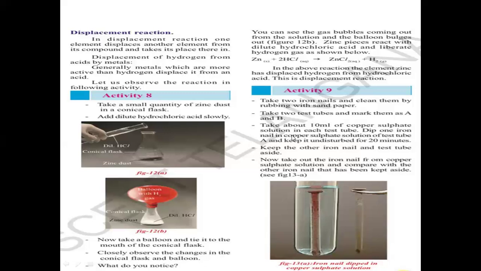కమింగ్ టు ది సెకండ్ ఎగ్జాంపుల్, నౌ టేక్ 2 ఐరన్ నెయిల్స్. 2 ఐరన్ నెయిల్స్ తీసుకొని రబ్ ఇట్ విత్ ది శాండ్ పేపర్. దెన్ నౌ టేక్ 2 టెస్ట్ ట్యూబ్స్. 2 టెస్ట్ ట్యూబ్స్ లో 10 ml ఆఫ్ కాపర్ సల్ఫేట్ సొల్యూషన్ ని యాడ్ చేయండి. సో ఆఫ్టర్ యాడింగ్ 10 ml ఆఫ్ కాపర్ సల్ఫేట్ సొల్యూషన్, ఒక టెస్ట్ ట్యూబ్ లో నేమ్ ఇట్ యాస్ A, అనదర్ టెస్ట్ ట్యూబ్